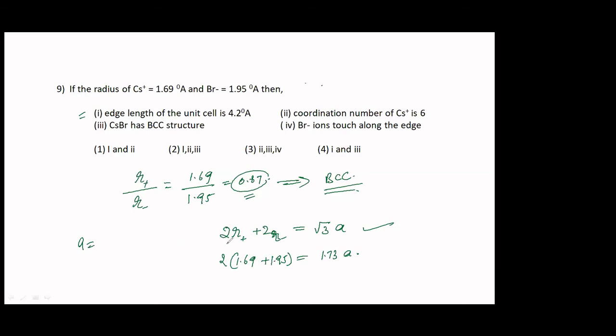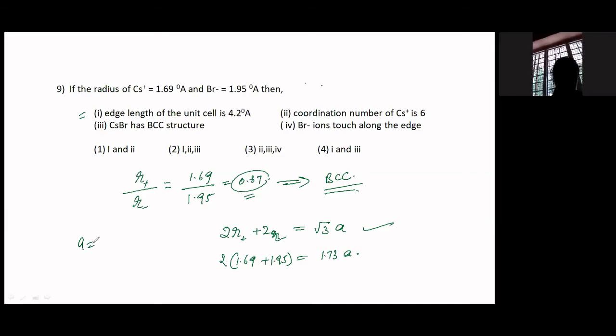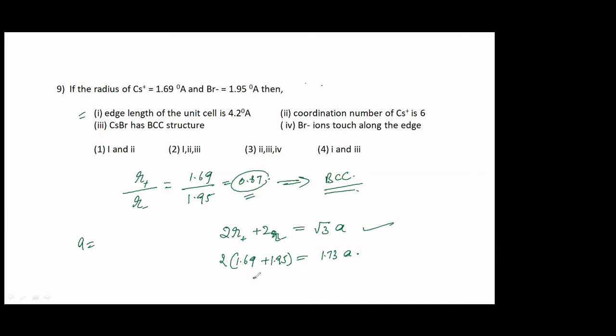You're getting 4.28? 7.28. That's correct. So this 7.28 is equal to 1.73A. So therefore A should be equal to